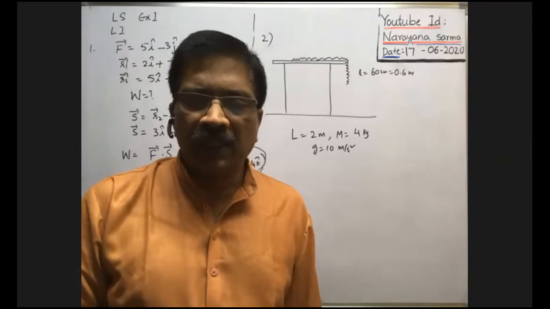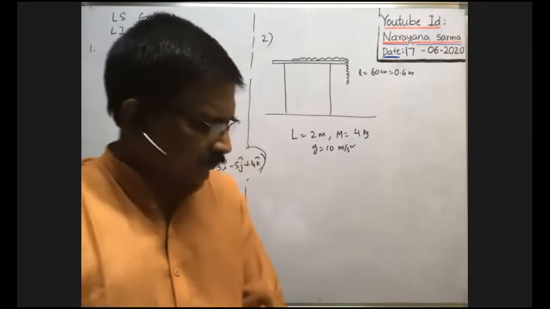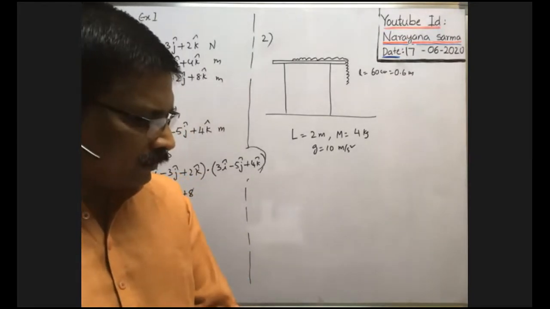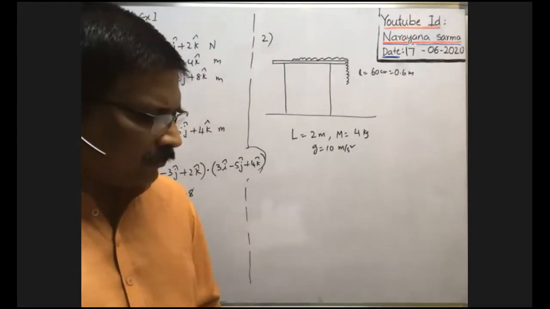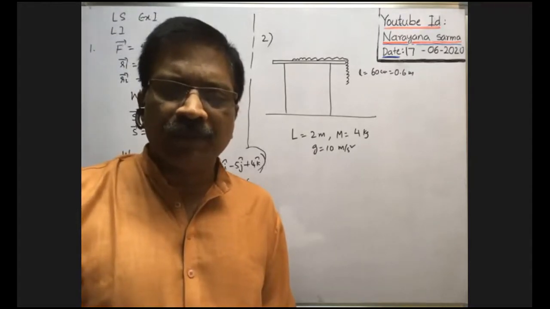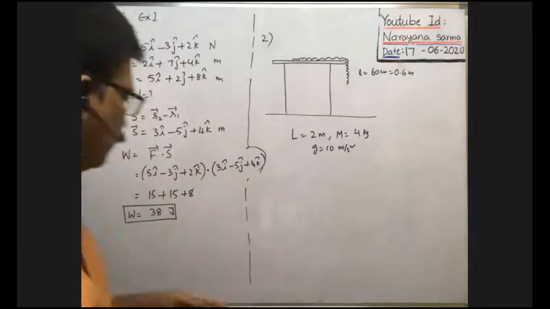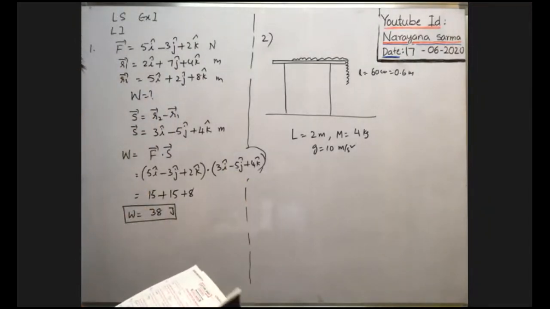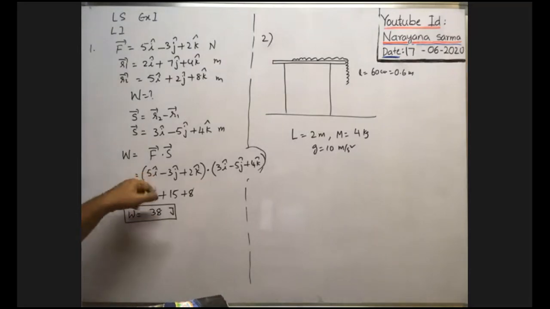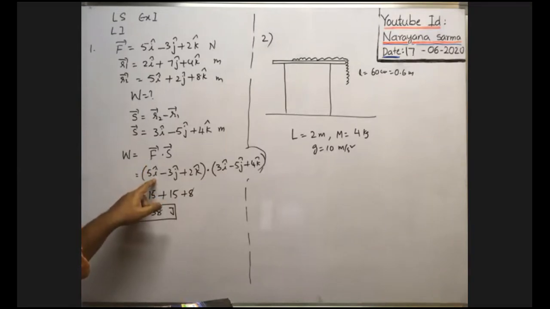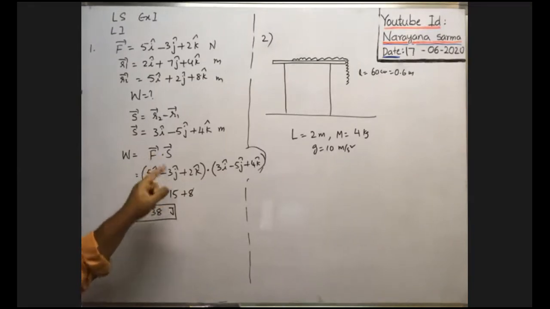Why are we not using caps in the answer? Of course, the magnitude is given. In the answer, we are not using caps because we calculated the magnitude. No, it is not in vector form. Cap means i cap. In some books, it may be given. Actually, we have to represent it like this with a cap because it is a unit vector. To represent this as a vector, we must use the cap.